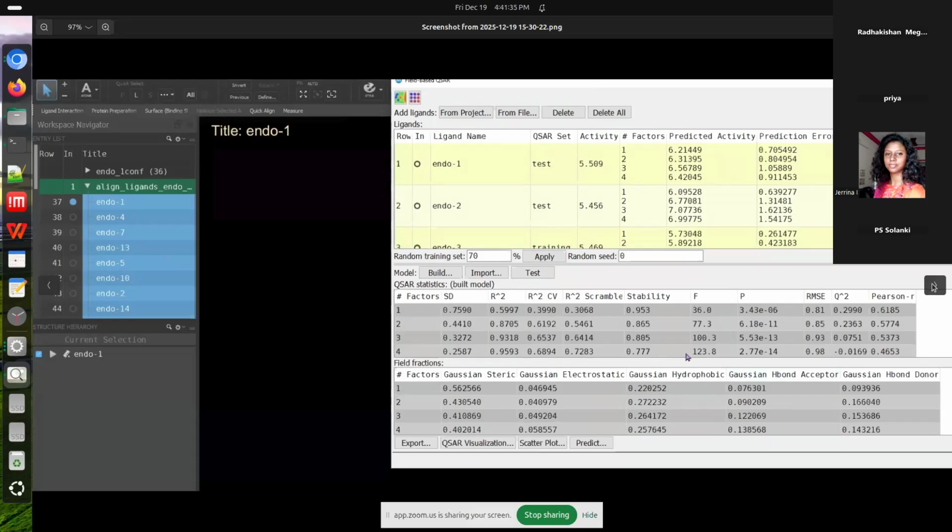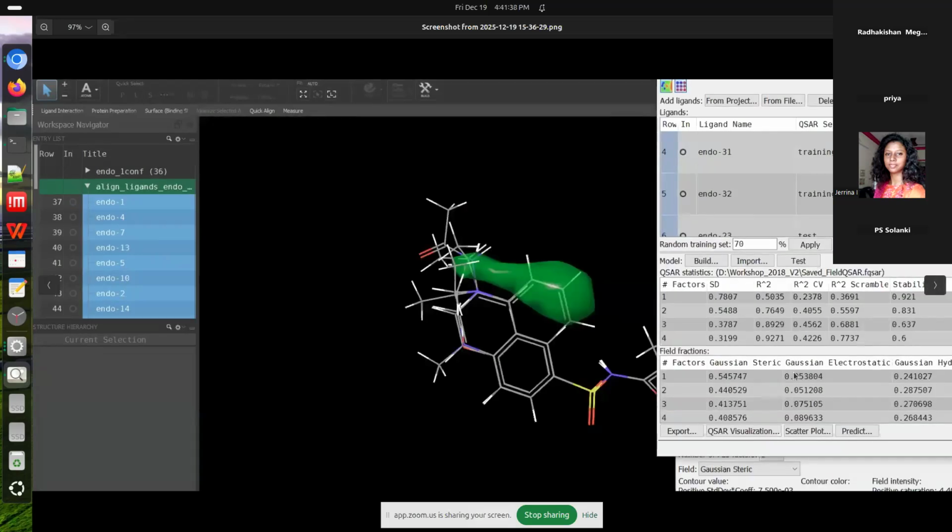And after building the model, you can also visualize your QSAR model using this QSAR visualization. When you click on this, you can visualize where the steric region is present or the electrostatic region is present. You can visualize all those regions using this option. So there are these two options. You can click on any of the options to visualize the